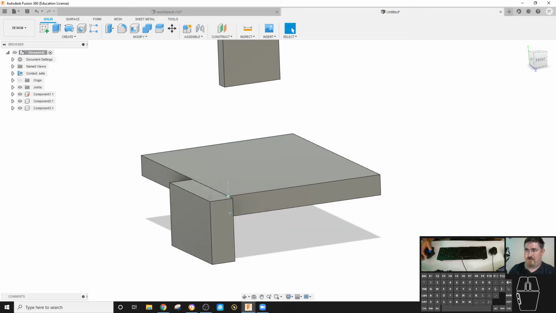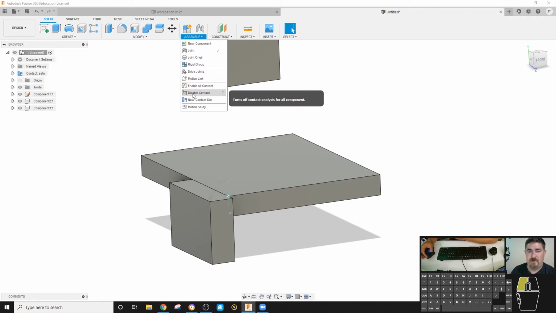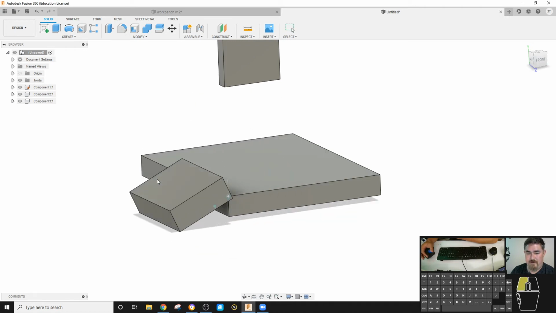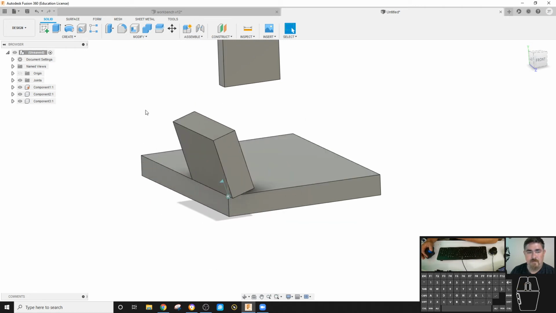That gives us really accurate animation for it. But if you have a lot of things, sometimes that can slow down because it's trying to calculate where everything is going. So I can disable contact, and I can do it wherever again. Another thing I could do